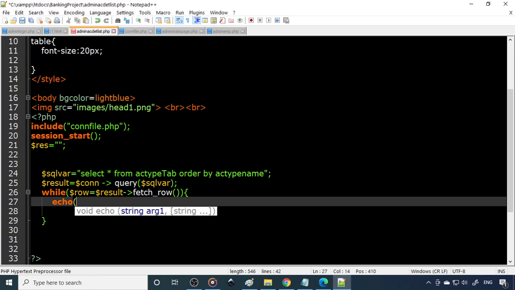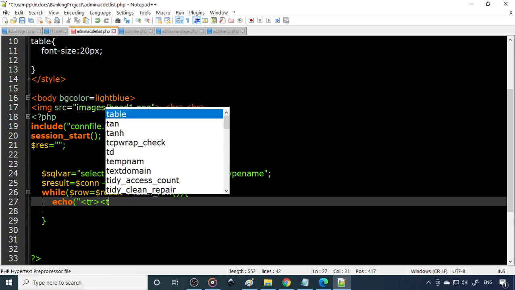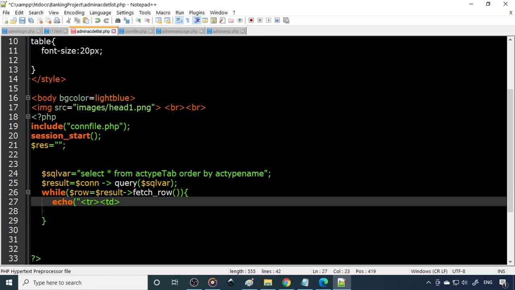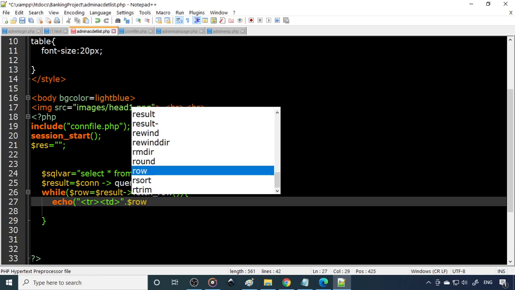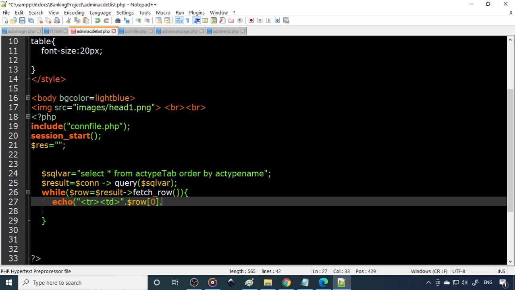Now we need to print the table tr here. So this is tr, td. The heading and all will print on the top, so we take only this here. Dot, so dot is a concatenate operator. Here the first value, therefore dollar row of 0. Row of 0 means the first column. Then again this is slash td. Again td has to be opened for the second column. Close this. Then again, these things will continue.